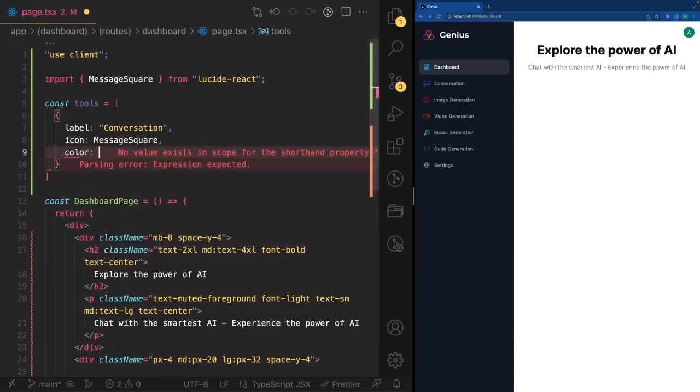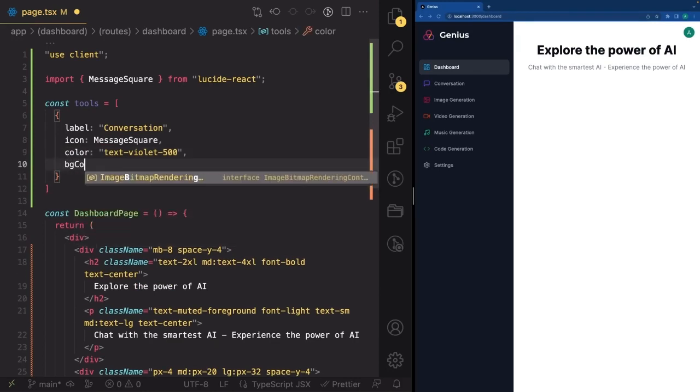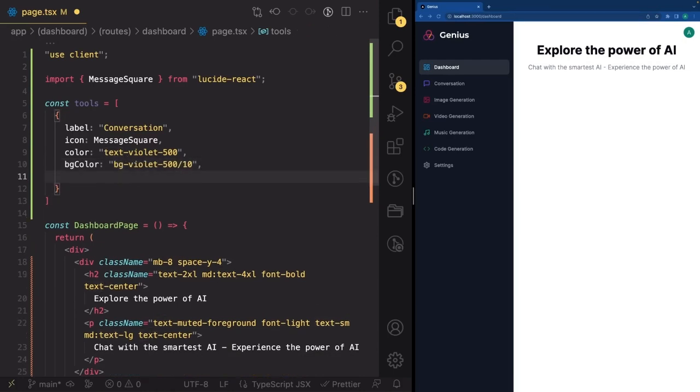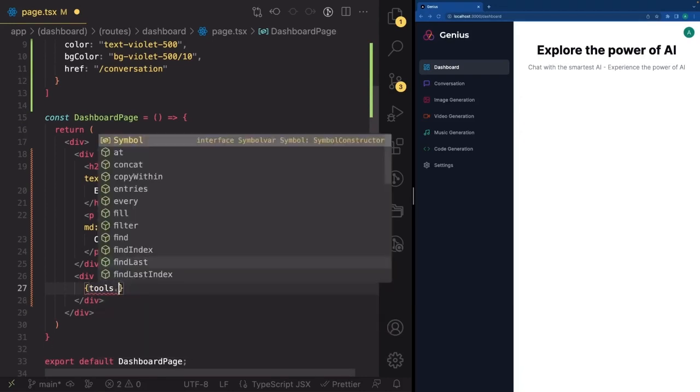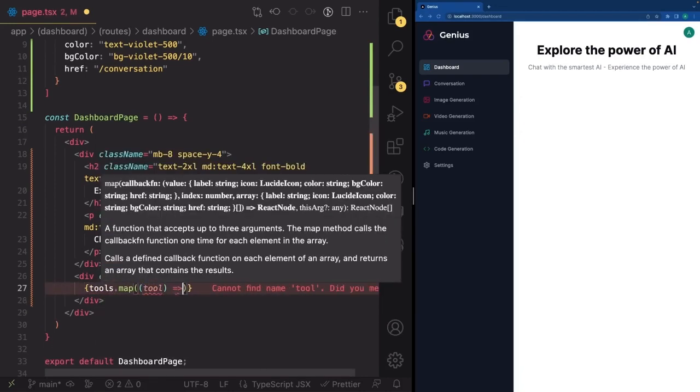Let's give it a color of text-violet-500. Let's give it a bgColor of bg-violet-500/10. My apologies, not text, but bg. And let's give it an href of /conversation like that. And now inside of here, let's go ahead and iterate over our tools. So tools.map tool